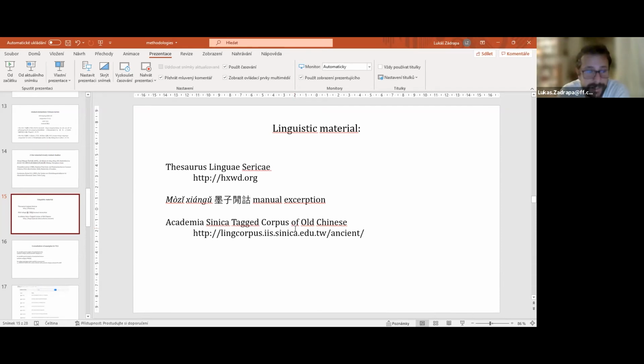And one can use it, it is possible. There are many functionalities in this corpus, unlike those corpora of Old Chinese that are available